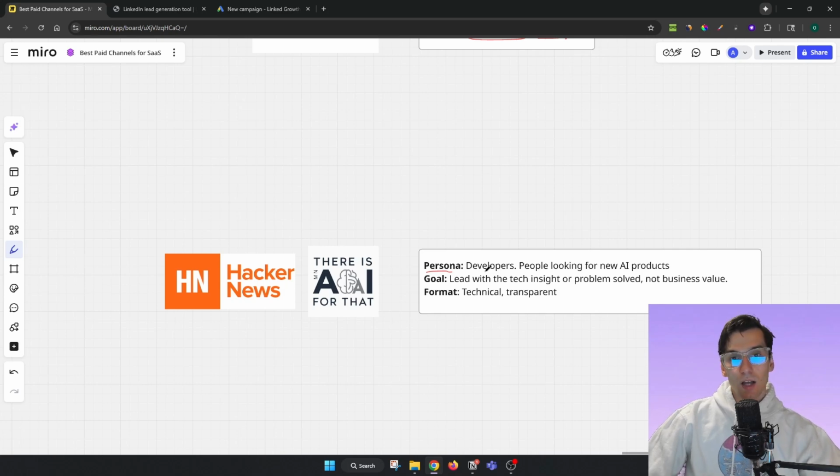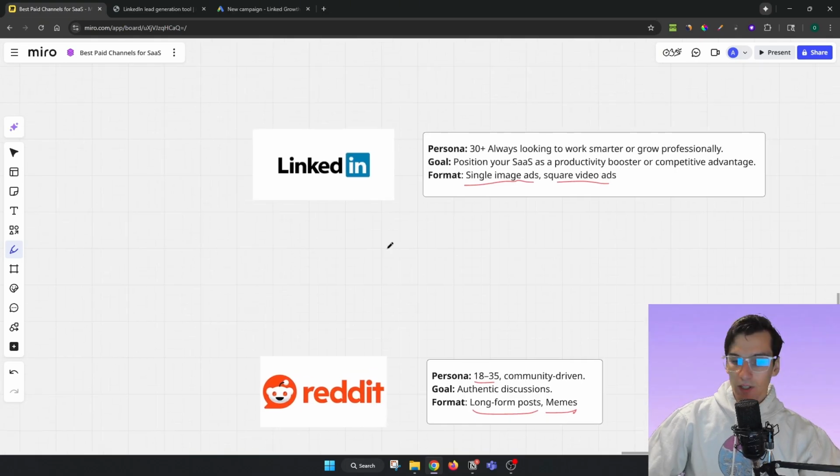So if you have a product that will help them acquire people, or solve any type of problem that they have, you can definitely advertise on There's An AI For That or Hacker News. You can also post on these for free, but if you advertise, it's pretty good. You will definitely get your initial traffic if that's where your target persona is. And make sure it's not a business solution. You have to be extremely technical and extremely transparent about what your software does. So it's basically like, hey, my software does A, B, C, D, M, G. Don't even say what problem it solves from a business perspective, just say exactly from a technical perspective, and you will get customers here. I've tried this, I've tried Reddit, I've never tried LinkedIn.